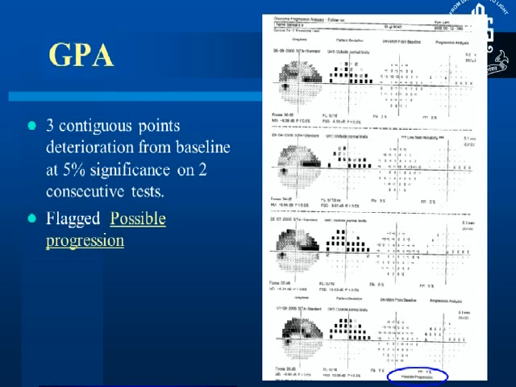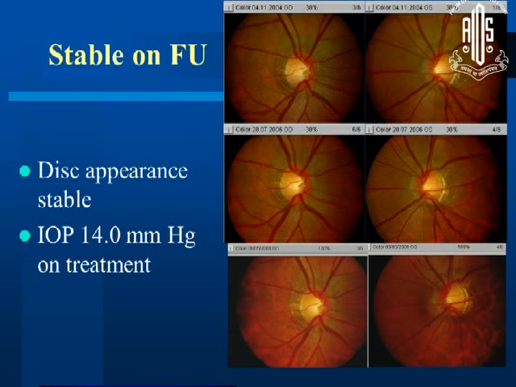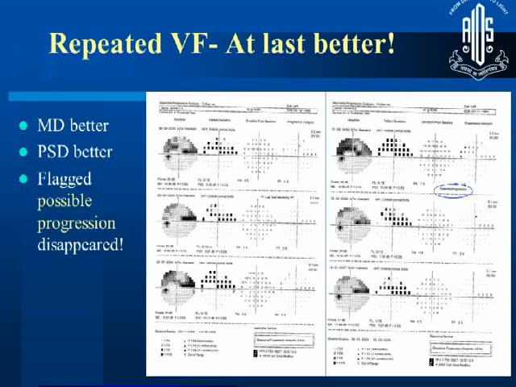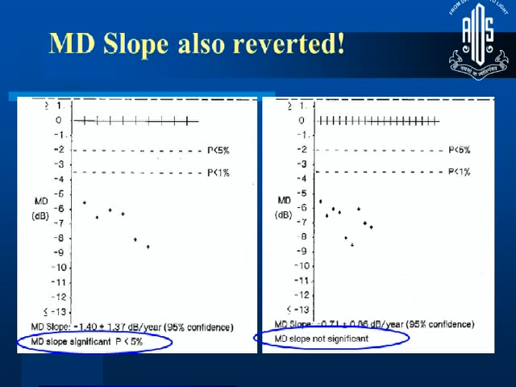But when we looked structurally, it didn't seem very much different on the discs, and since he was being followed up on the Stratus OCT, there was no change really seen in 7 years' time. So you really didn't know what was going on. And we just thought he had a bad visual field day, which we repeated, and sure enough, the possible progression disappeared, and the mean deviation slope was not significant. So we patted ourselves on the back and said, look how clever we are using the OCT to tell the patient, you are the one who are not doing your fields. This, which had come down here, the next two fields came right back, so it was all right.